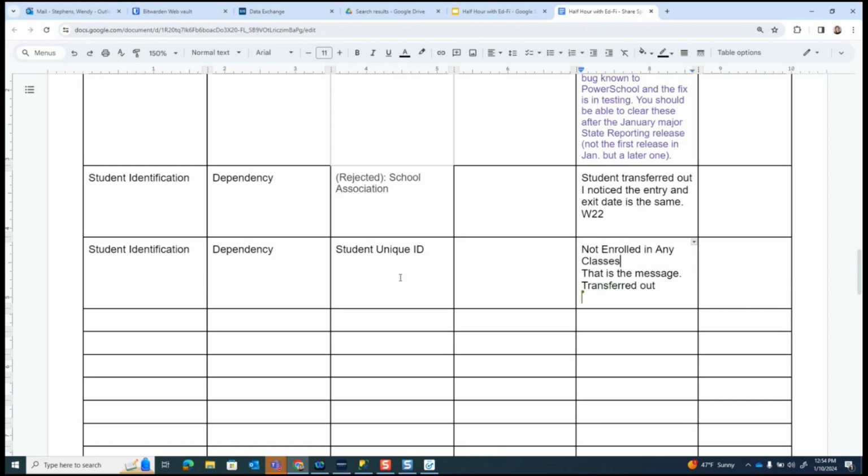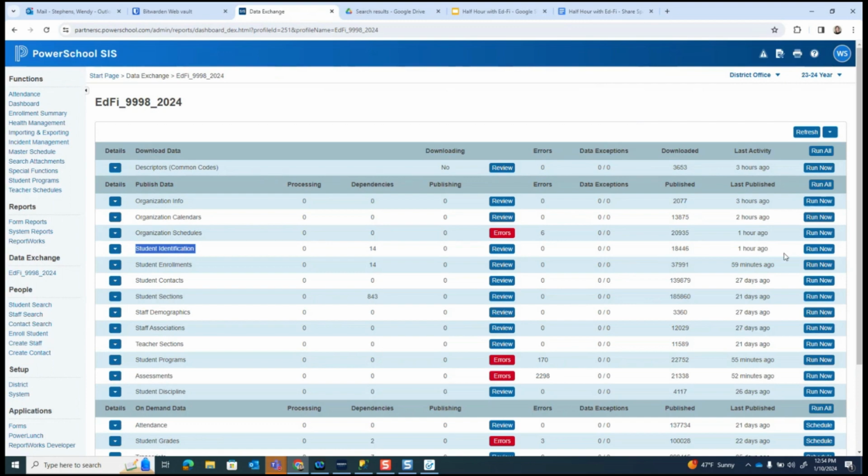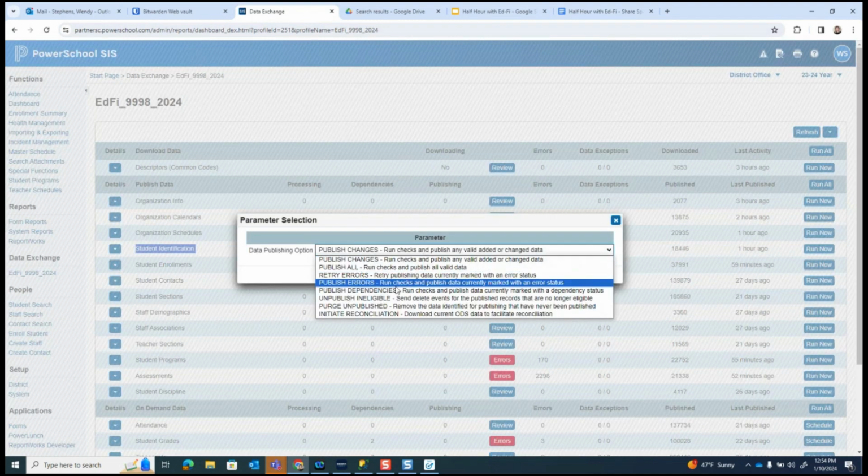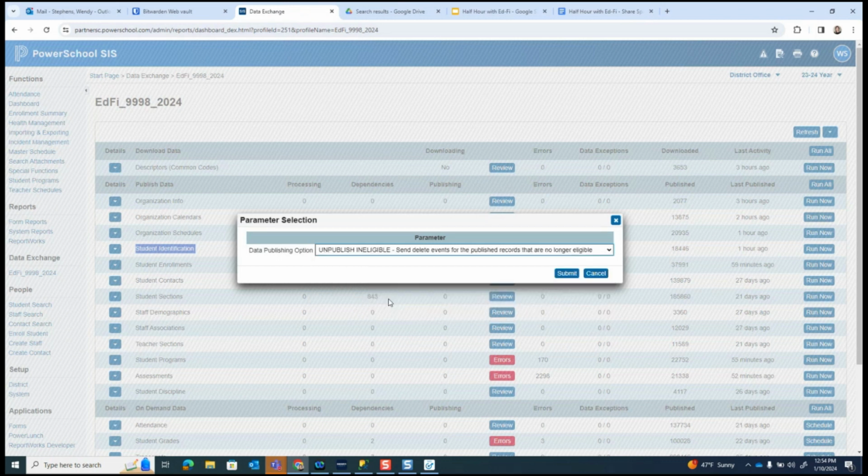For those two people, the last two ones with the transferred out students and the other one with the unique ID, both of y'all try that unpublished and eligible and see what it does. If it does not clear that up, then we can look further into that. Remember, the unpublished and eligible is only under student identification.